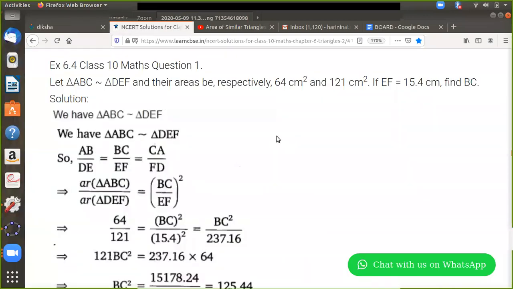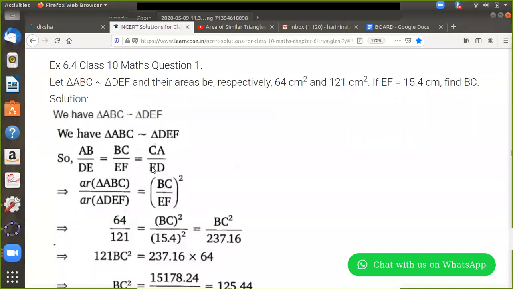Okay, this is how your solution would look. Now you have triangle ABC and DEF whose areas are given to you. They are already similar and hence I told you please write this proportional sides. Somebody's audio is not muted. Please mute your audio. I don't want background noise from your side. Thank you. So you have to write AB by DE equals BC by EF equals CA by FD.